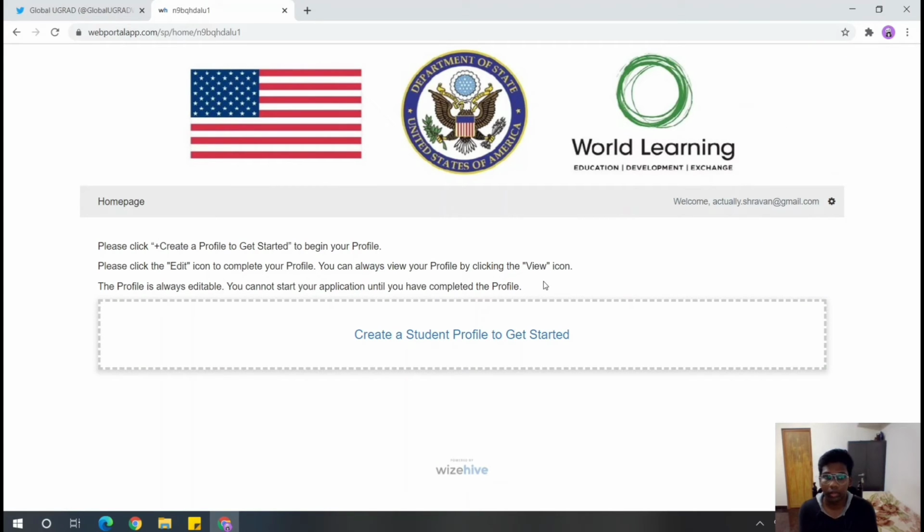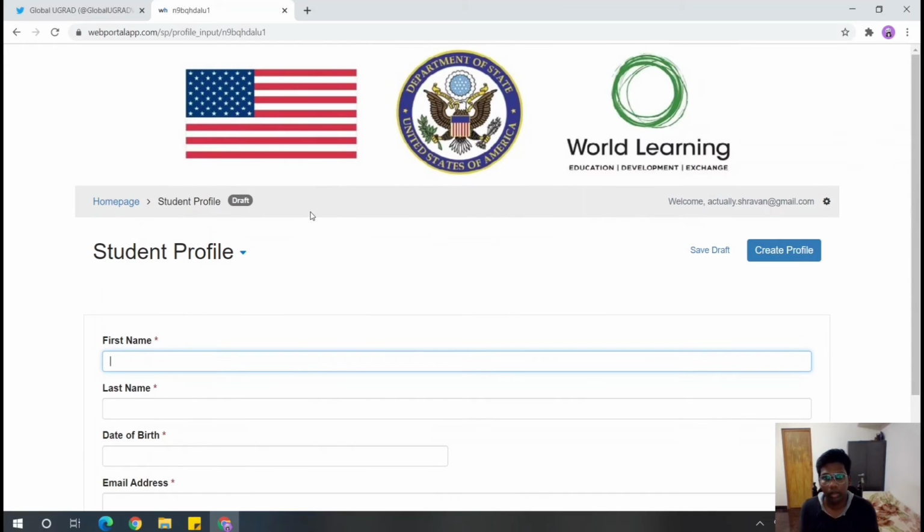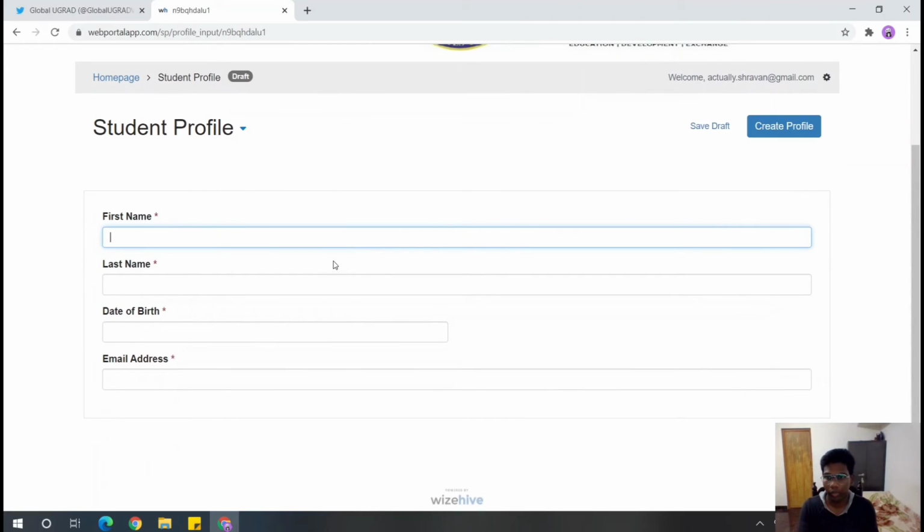As you can see, as soon as I enter, it says create a profile to get started. So we will create a student profile. It asks for your first name. One word of advice: most people have different names in their academic records and in their birth certificates and whatnot. But what I would recommend, and what is the usual procedure, is that when you're entering your first name and your last name, you're supposed to enter it as it appears on your passport. So in my case, it will be